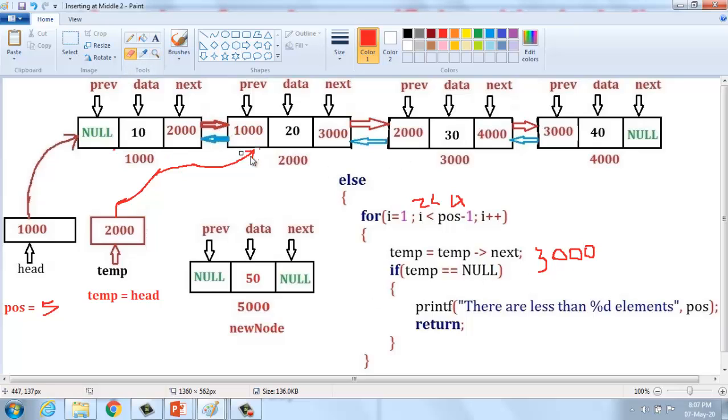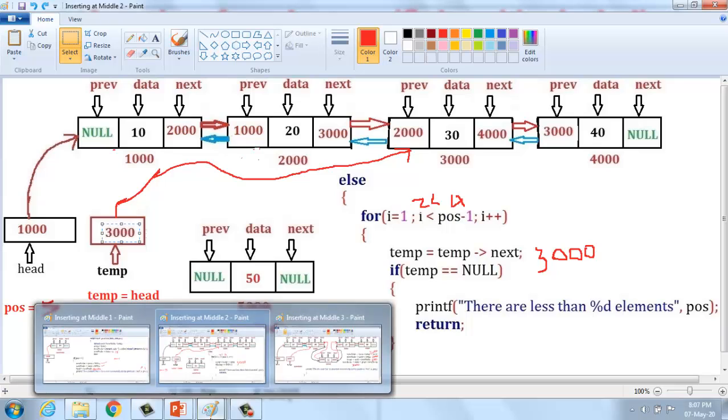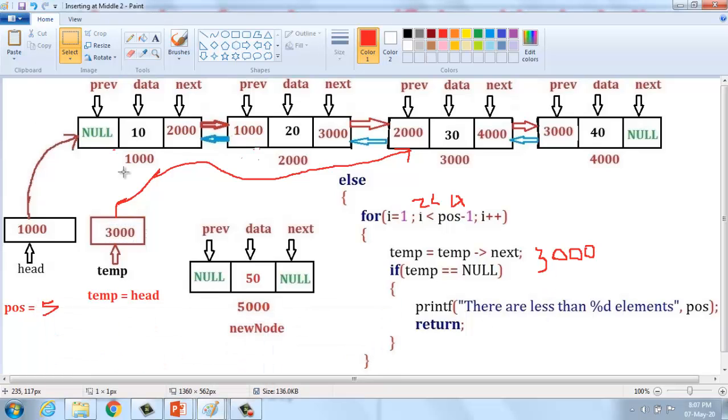The pointer should be changed and make a link to the third node in the given linked list, and temp should be changed into 3000.